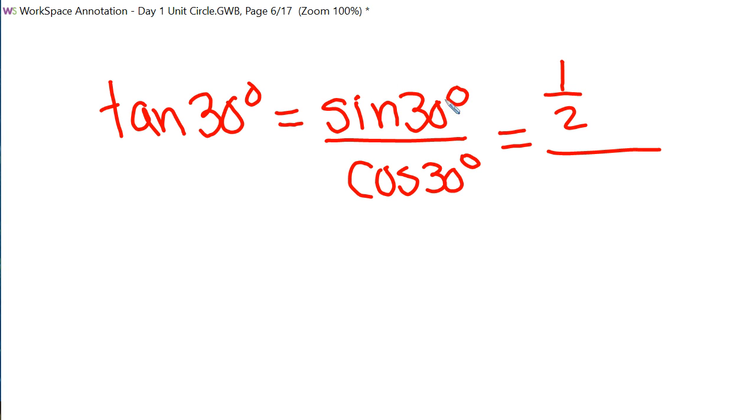1/2. What was the cosine for 30 degrees? Square root of 3 over 2. And what happens with these two? They cancel out. So this is just equal to 1 over square root of 3. Rationalize by multiplying both numerator and denominator by square root of 3. And that gives us square root of 3 over 3, which is the same that we saw on the triangle